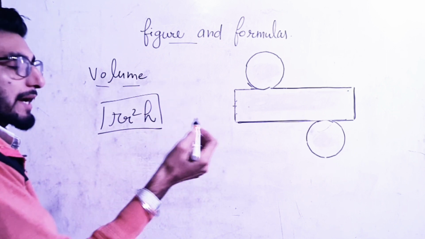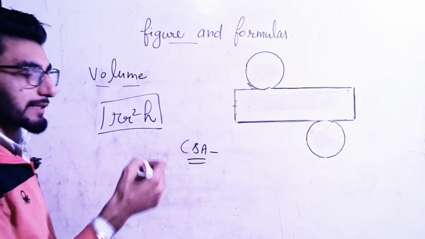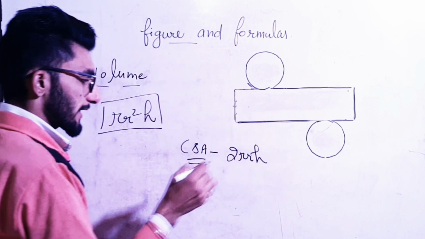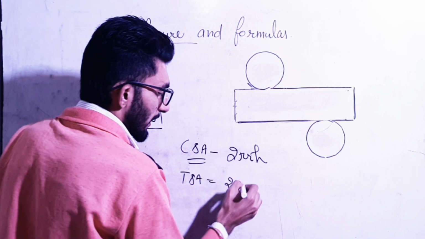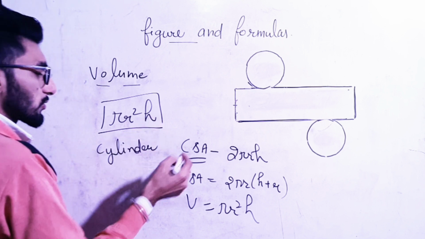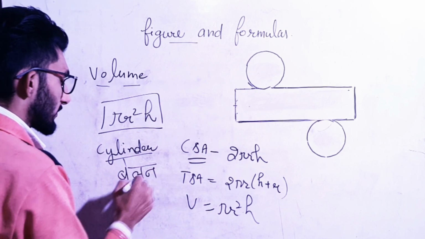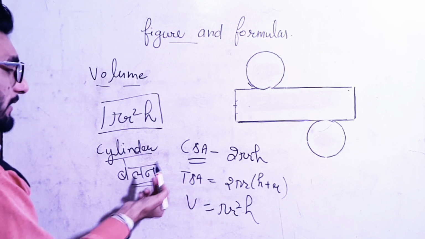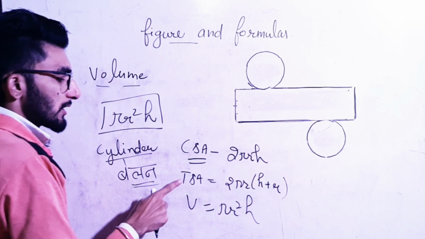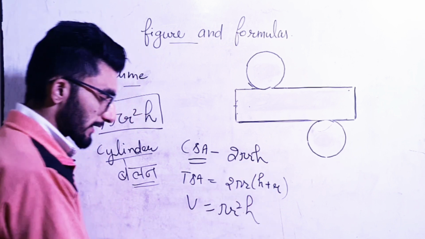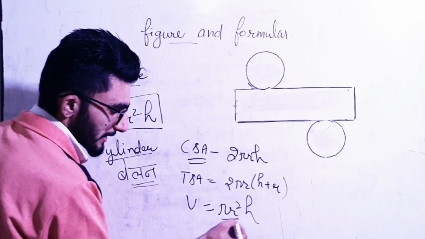ठीक है, so we have done 3 formulas. Curved surface area, so जो curved surface area that is 2 pi r h. ठीक है, then we have total surface area that is 2 pi r (h plus r). So these are the formula of cylinder or बेलन. ठीक है, so cylinder को हम बेलन भी बोलते हैं. So बेलन और cylinder have these 3 formulas. Curved surface area 2 pi r h. Total surface area is 2 pi r (h plus r) and volume is pi r square h, which is the multiplication of base area into height.